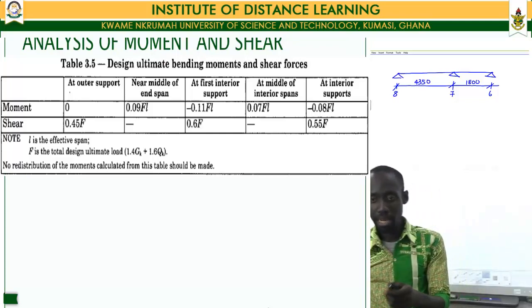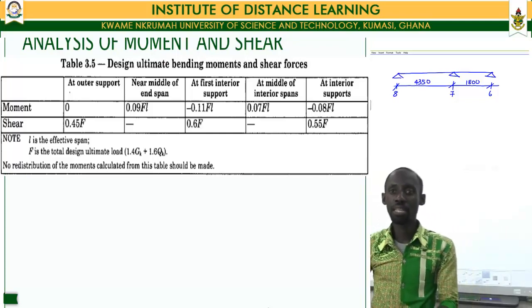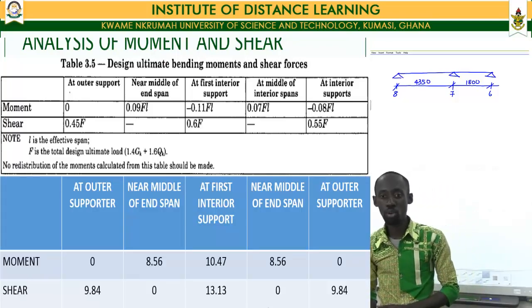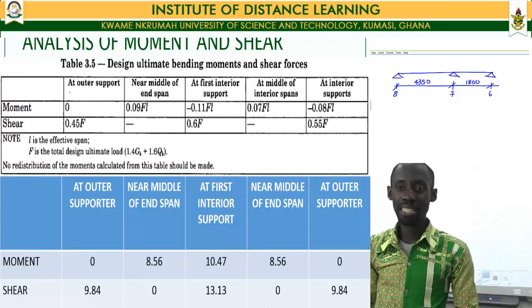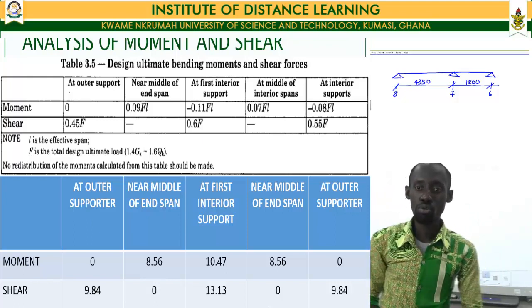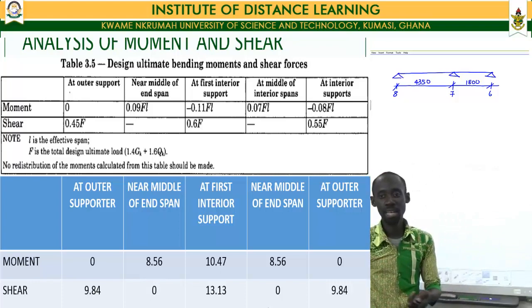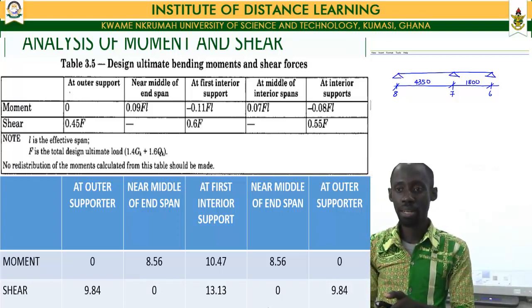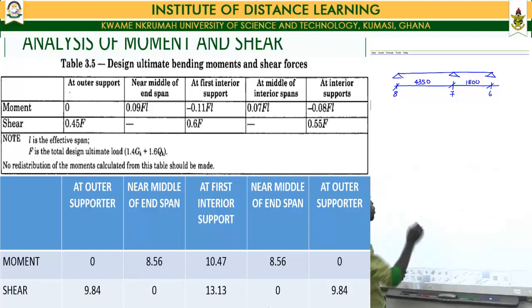Applying the provisions given in the table to determine our moment gives us the table that we have below, where for our moment at the outer support, it has a value of 0. So multiplying 0 by our design loadings gives us 0. Now for our near middle of end span, our moment value is equal to